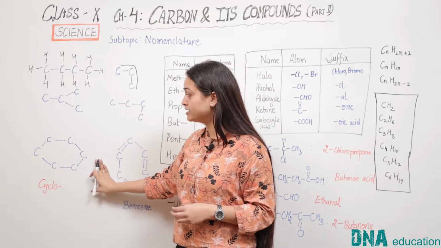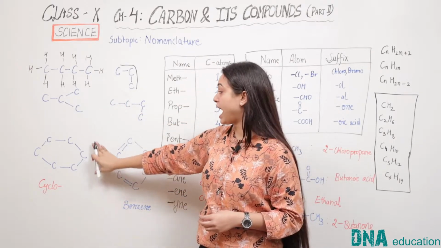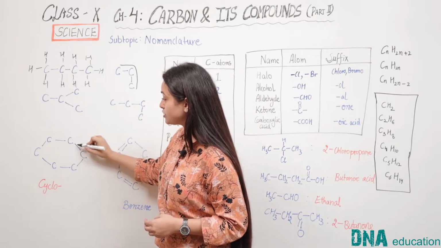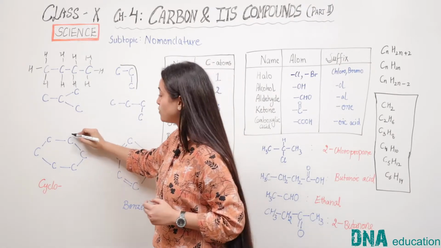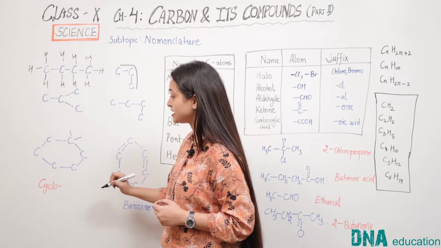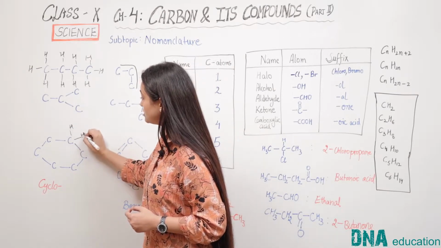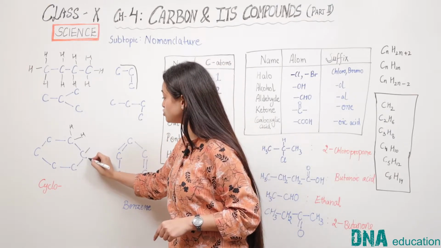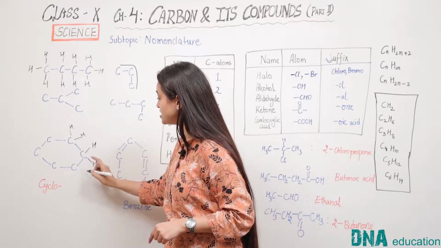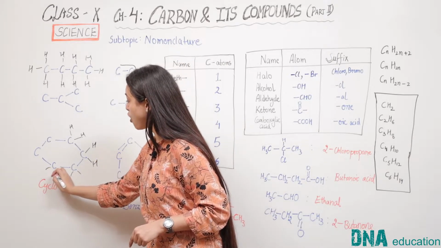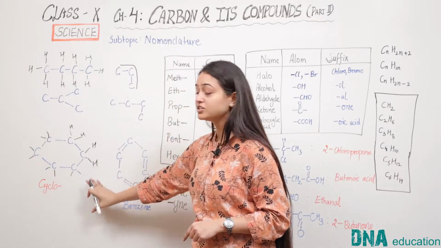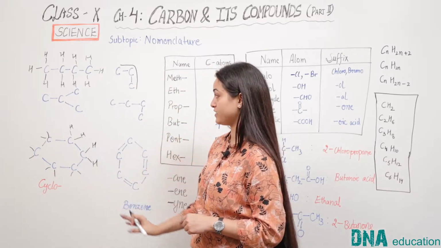While coming to a ring, let us see how we add hydrogen atoms to the ring system. This carbon is having 2 bonds, so we need 2 more bonds. We can join 2 hydrogen atoms here. This carbon is again having 2 bonds, so it also needs 2 more hydrogen atoms. Same is the case with all other carbon atoms. So in this way, the ring can be satisfied.